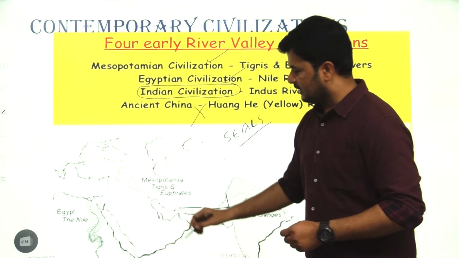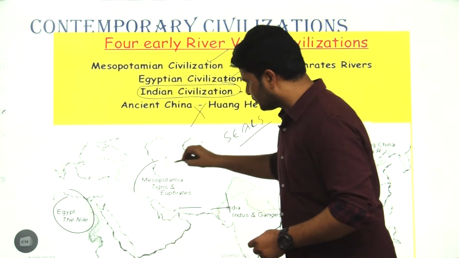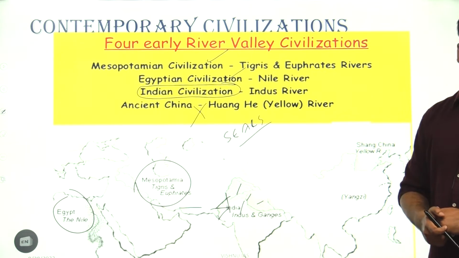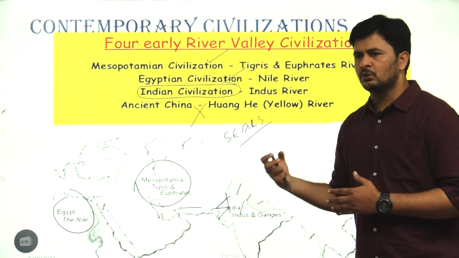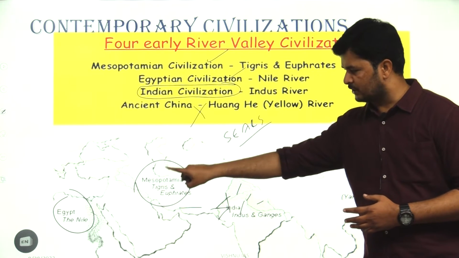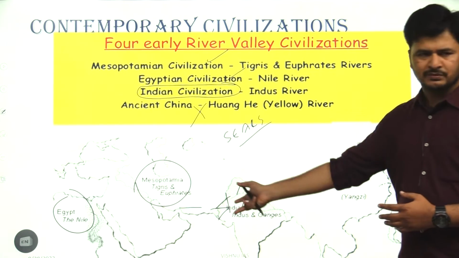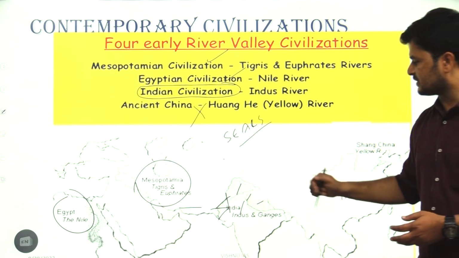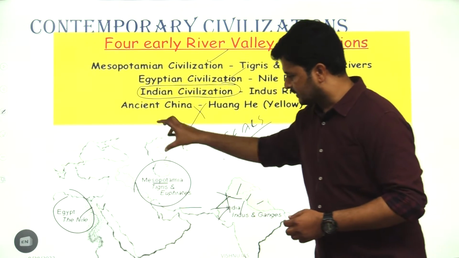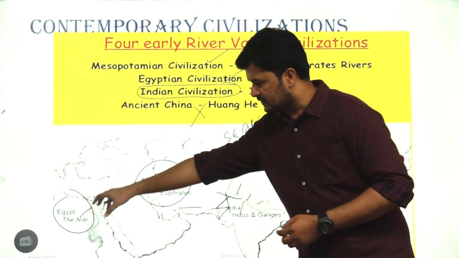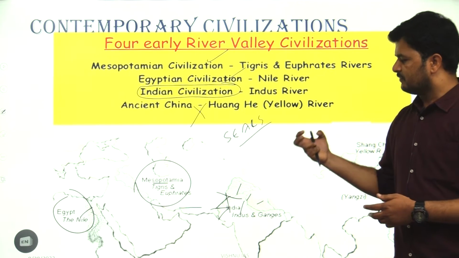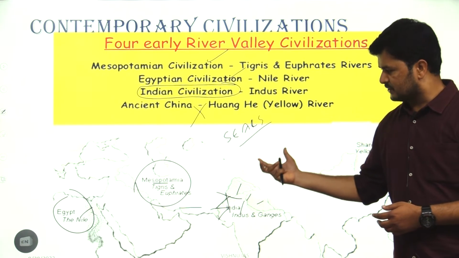The seals of Egyptian civilization and Mesopotamian civilization were found in many cities: Harappa, Mohenjo-daro, Lothal, Chanhu-daro. The seals of the respective civilizations, Egyptian and Mesopotamian, were found in many towns and cities of Indus Valley civilization, and vice versa. The seals of Indus Valley civilization were discovered in the towns and cities of Mesopotamian and Egyptian civilizations. On the grounds of seals, archaeologists came to the conclusion that